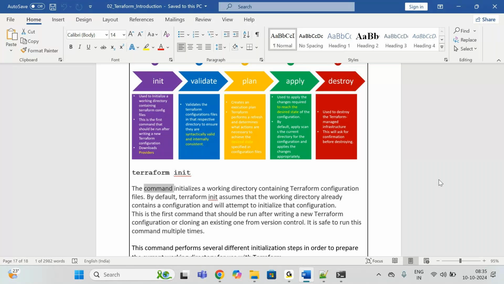From where will it download? To that working directory, the Terraform working directory, that root directory, root module. From where will it download? That will be downloaded from the Terraform registry. So the Terraform init command is going to initialize a working directory